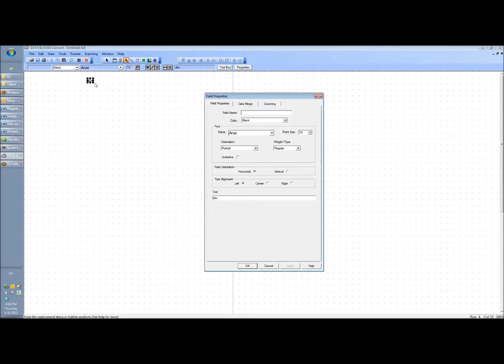What happens with a text field is it puts ABC because we haven't entered anything, but we can do that here on the Field Properties window. We can change any of the characteristics here. We could change the color, the font name, the font size, whether the field was horizontal and its text alignment, and we can enter the text we would like to have here. So I'm going to press caps lock, and we're going to enter a title text. This is my title